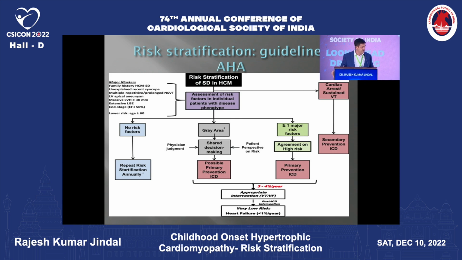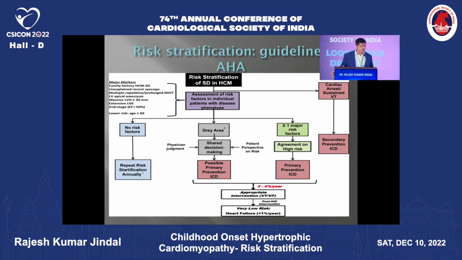So what do the guidelines say? When we look at the guidelines, they also differ among each other. The AHA guideline is more of an individual risk marker strategy, although the ESC has lately, in 2014, shifted from the individual risk marker strategy to a risk prediction model. This is a web-based tool where you add the individual risks which the patient has, and depending upon that the tool estimates the total 5-year risk of sudden cardiac death. So the AHA basically says that out of these 7 risk factors, which are called major risk factors,